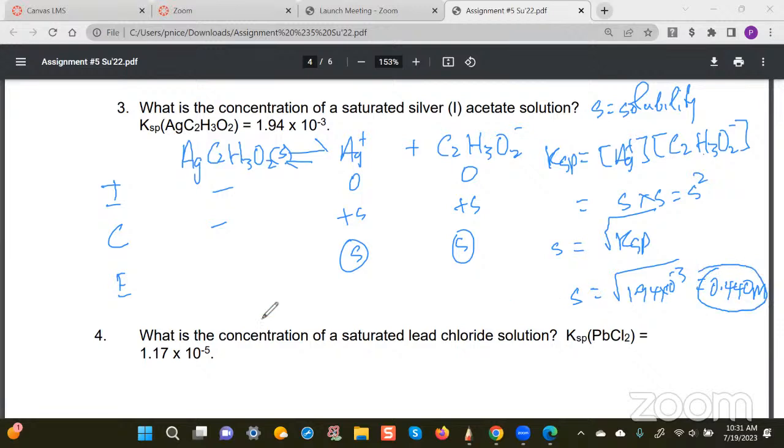If the question is asking for the solubility in grams per liter, then you'd have to take the 0.440 moles per liter and convert it to grams per liter. In other words, you need to find out the molar mass of the silver acetate. Let me see if I can find that out quickly. Okay, so for silver acetate,